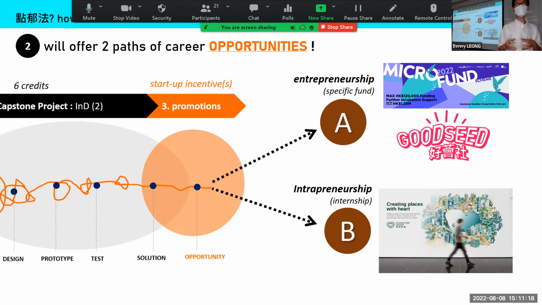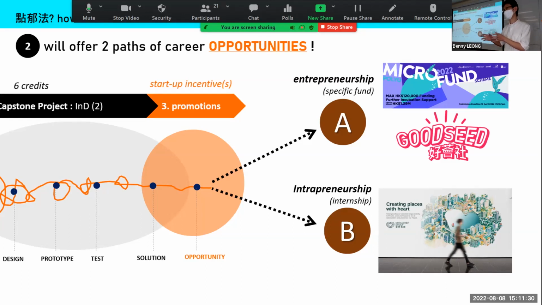So they promise that there will be projects coming in, and they will also select the winning teams to become their interns, so the next part will be the possibility of employment, right? So this is another possibility.